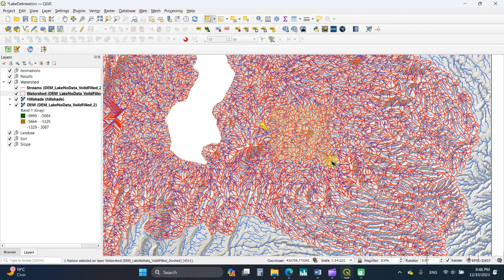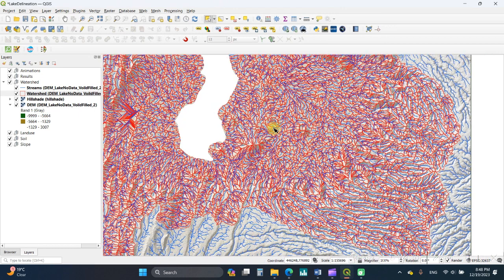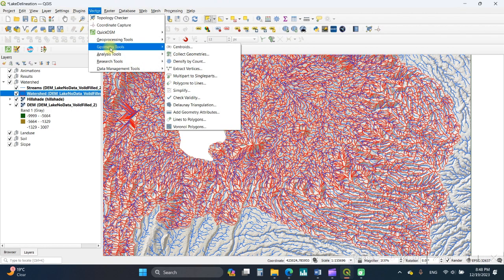So there are a lot. I don't need all this, so I need to merge them into one shape file. So what I have to do is come here,